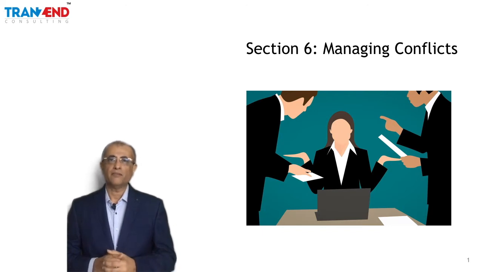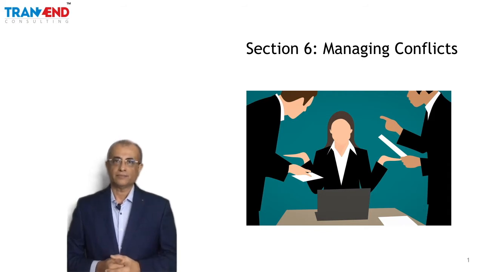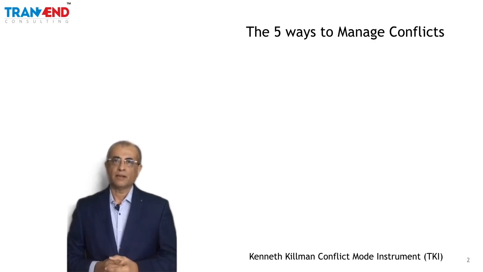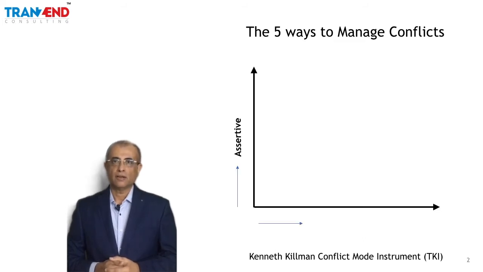So now that we have built a very powerful, positive, and clear approach to conflicts, let's now see how we manage those conflicts. In the 1970s, two researchers, Thomas and Kilmann, developed a very structured and useful concept on conflict management, which is known as the Thomas-Kilmann Conflict Mode Instrument, or the TKI. And here in this module, we will understand this very effective conflict management tool.